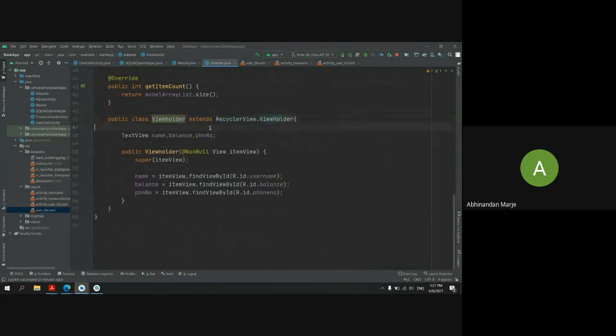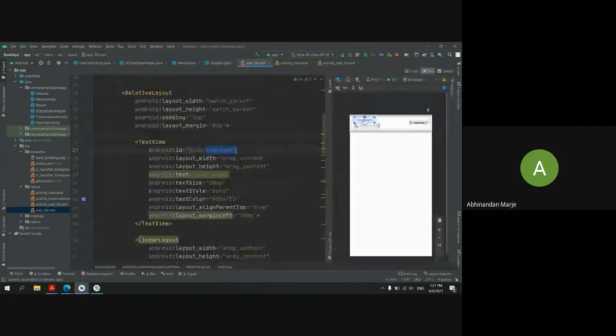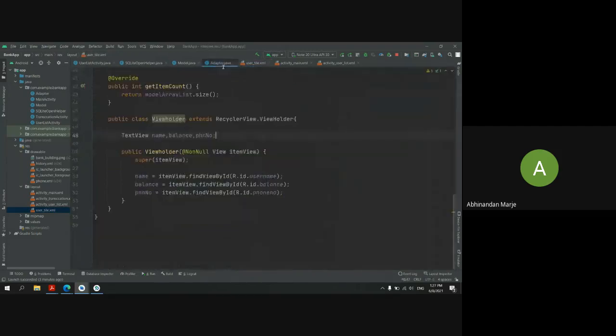And in this view holder, you have to mention all the things you want to set in your XML layout. In my XML layout, I want to set the username, the phone number, and the balance amount. So I'm just taking three text views here and defining these text views with their IDs. This is the only thing you have to do in your view holder.